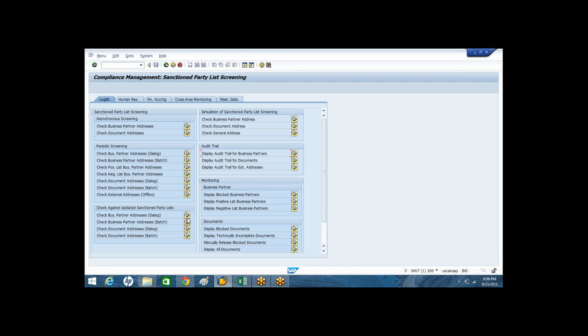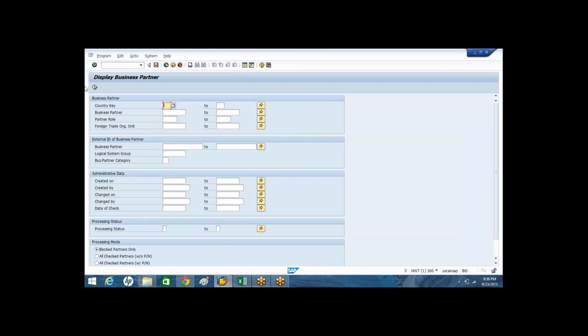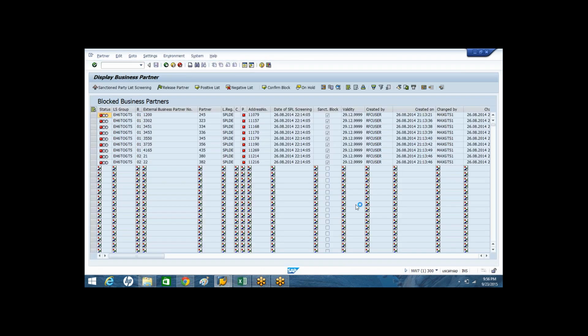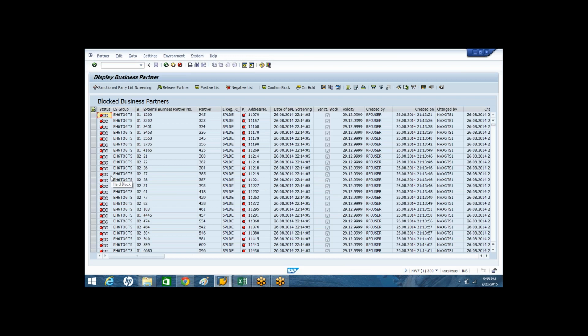Basically, what happens? For example, if you go to all the blocked members, and this is a member who has a block, and you want to add this member to the positive list, you can go and put it here.